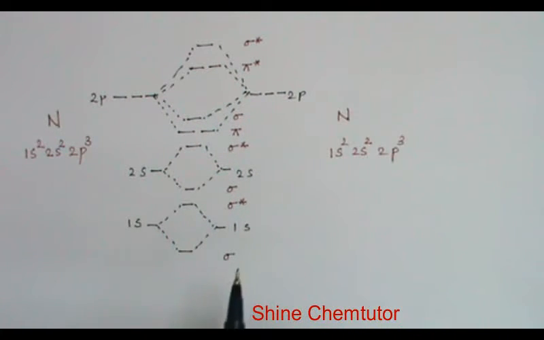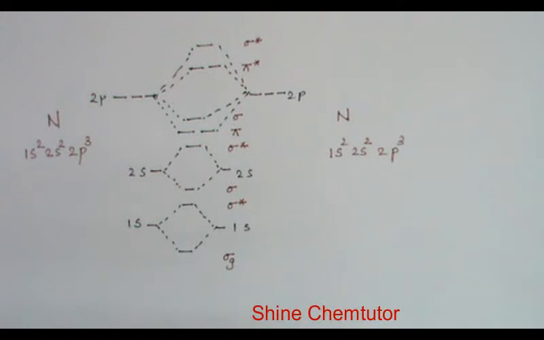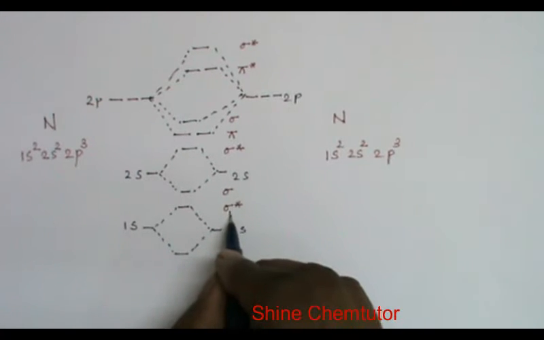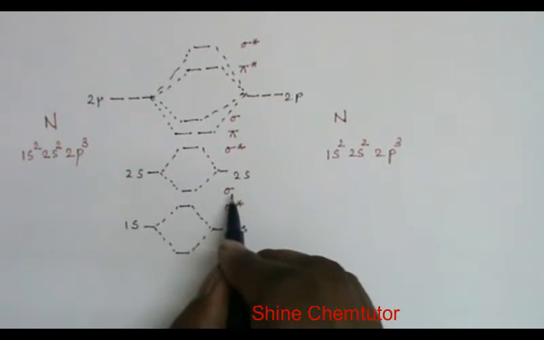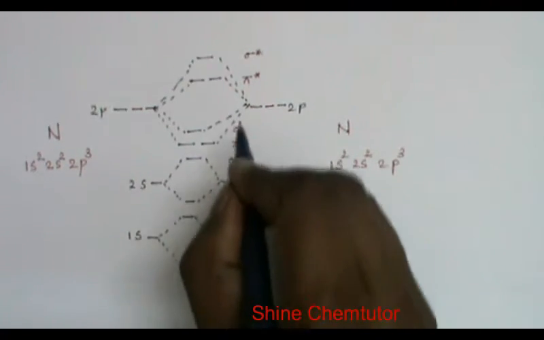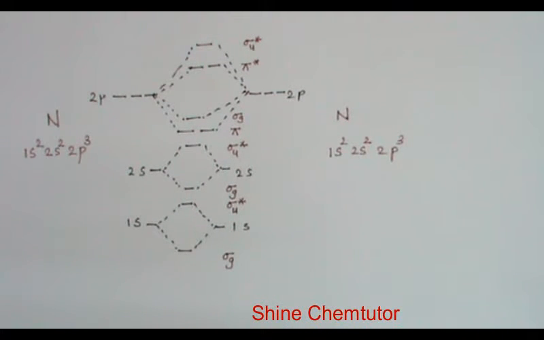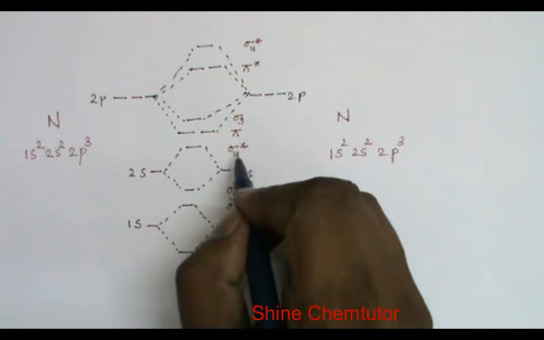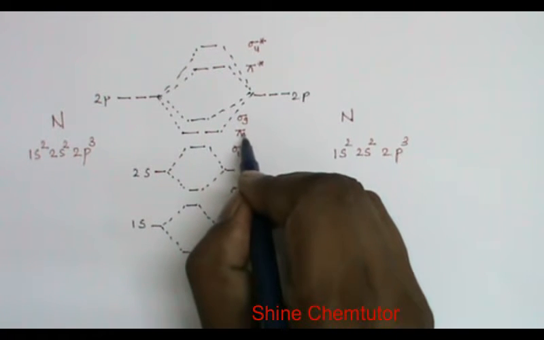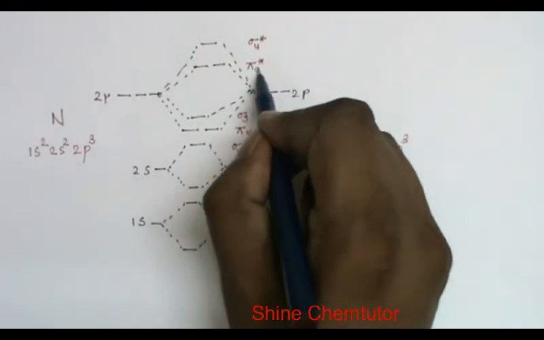You can go for even the symmetry also. All sigma orbital, they have gerade. There will be center of inversion. Sigma star will be ungerade. Similarly here sigma, so I go for gerade and gerade, gerade and gerade. What about pi? Just reverse of this. When you go for pi molecular orbital, pi will be ungerade, pi star will be gerade.